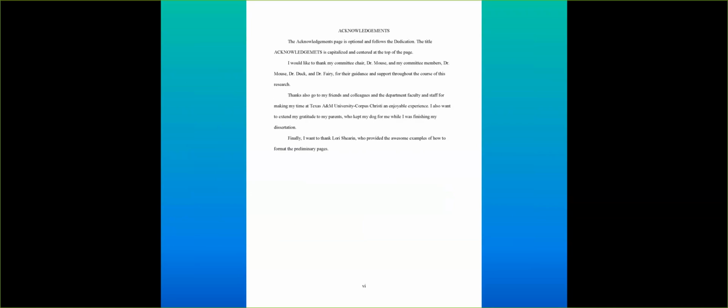Dedication, again, this is one of your optional pages, but if you do include it, you would still do double spacing. And your acknowledgments as well, you would do the double spacing. We're not as specific on how these pages look, but you just want to look consistent throughout your document, so nothing really strange. Basically, you want everything to look uniform. So if it stands out, that's going to not be the ideal. We want to keep it all uniform.